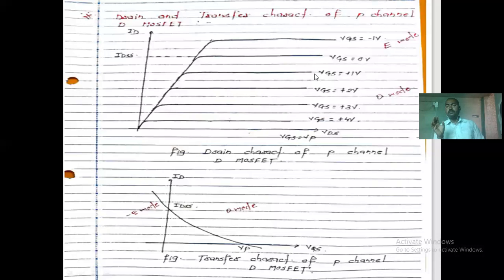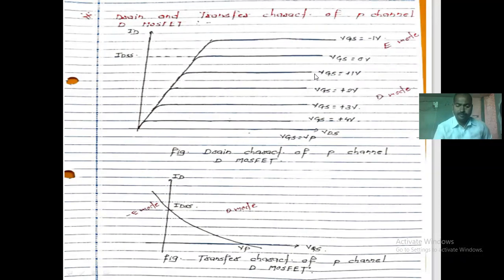We apply the depleting voltage across your gate to source, which, as we increase or decrease it, increases or decreases the size of the depletion area. Accordingly, the current flowing through the channel increases or decreases according to the depletion area, right? So in case of enhancement type of MOSFET, it is the MOSFET with absence of the channel, right? There should not be any channel. We have to create the channel. These are the things which are different from your depletion type of MOSFET.